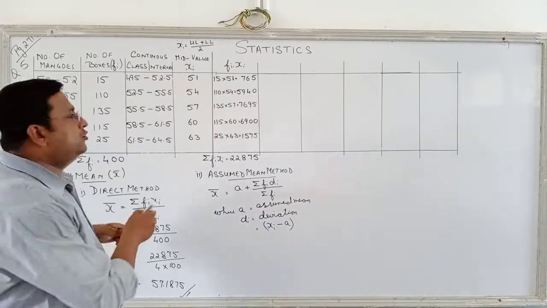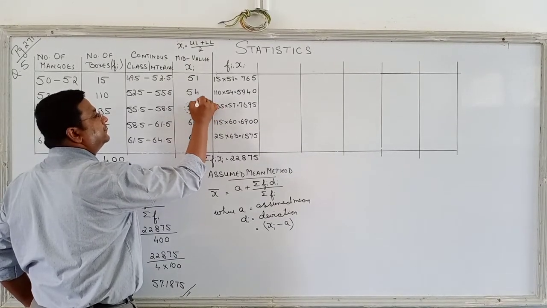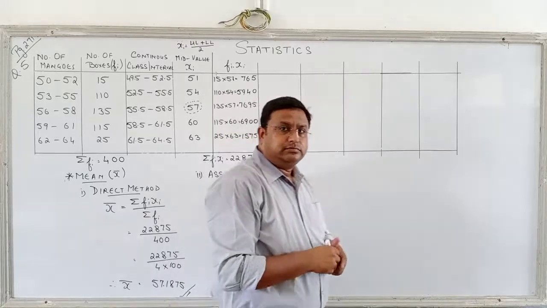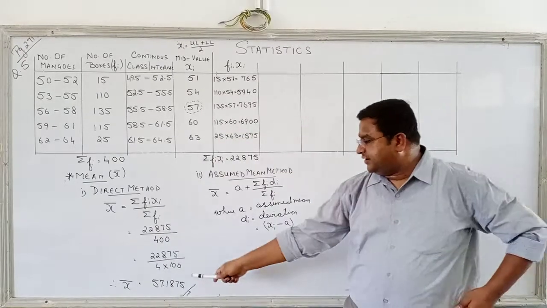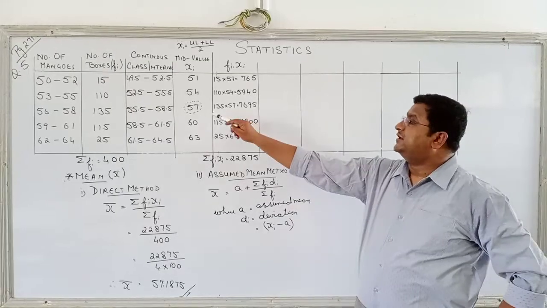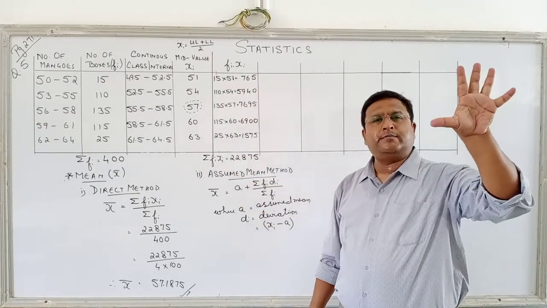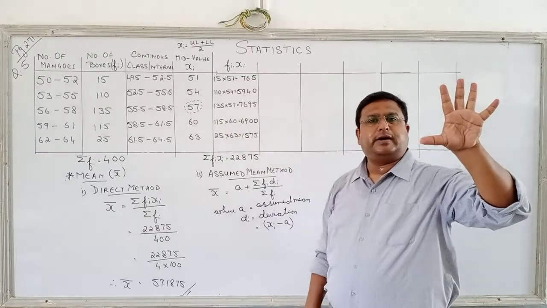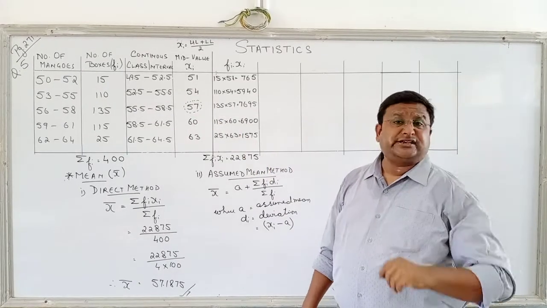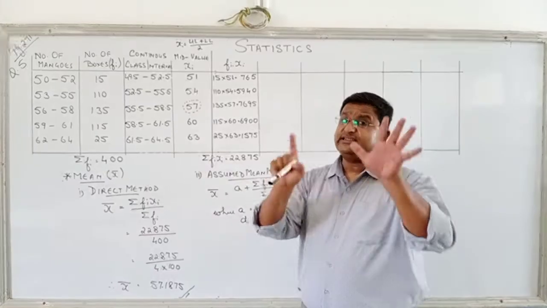So which is the mid value? In between, 57. Yes or no? Can you see that? And our mean was also somewhere between, 57.187. Right? So it is 57. Now the question arises, sir, here it was 5, an odd number. We calculated the middle one. But supposing if there would have been another one over here, 66, then 6 classes.